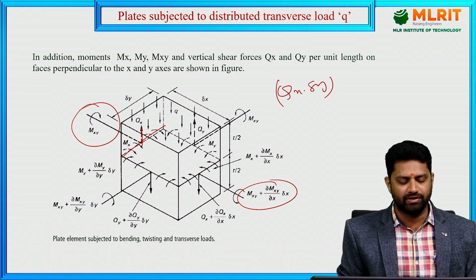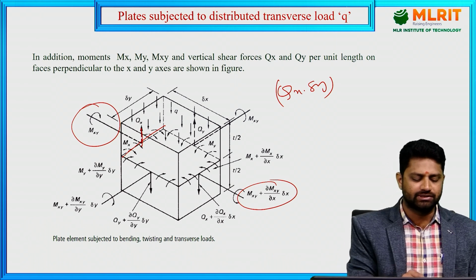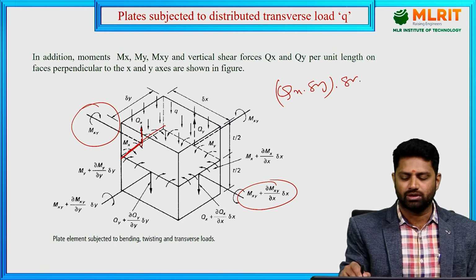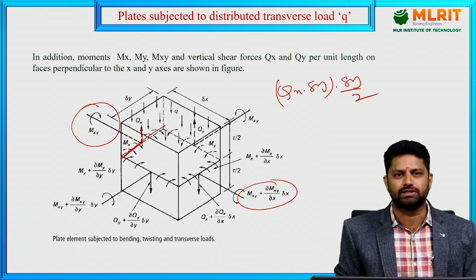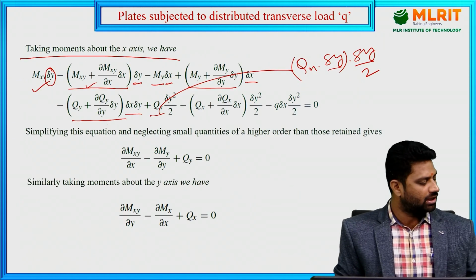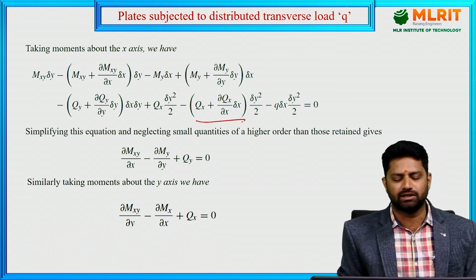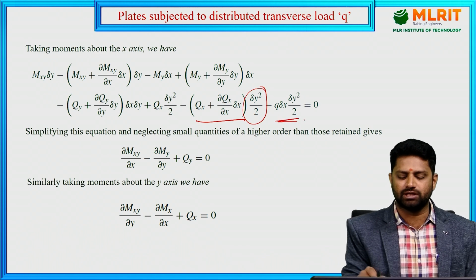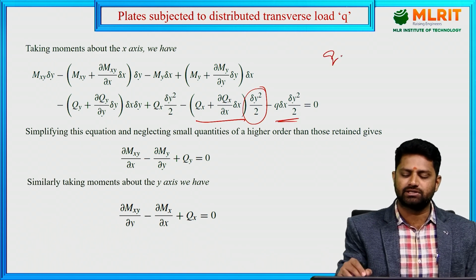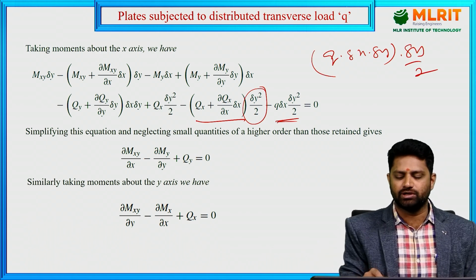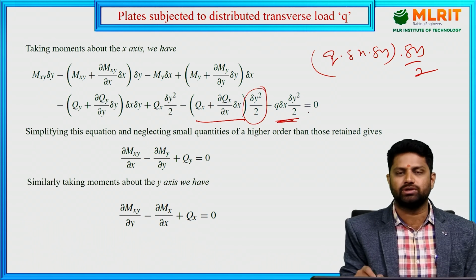And then when you are taking moment about x-axis, you can see clearly that the perpendicular distance, you can consider it as delta y by 2, half of the distance. It is acting at half of the distance. So the perpendicular distance is delta y by 2. Okay, so now similarly on the other edge with the Qx increment, again it is the same delta y into delta y by 2. And when it comes to the distributed transverse load, we'll write it as q into delta x into delta y. Now it becomes a force, and delta y by 2 is the perpendicular distance. So you are going to get q into delta x into delta y square by 2,